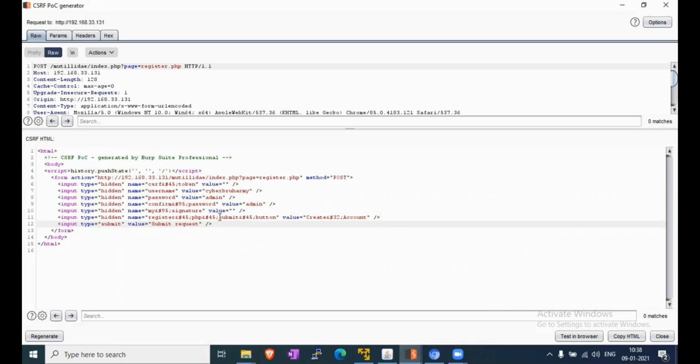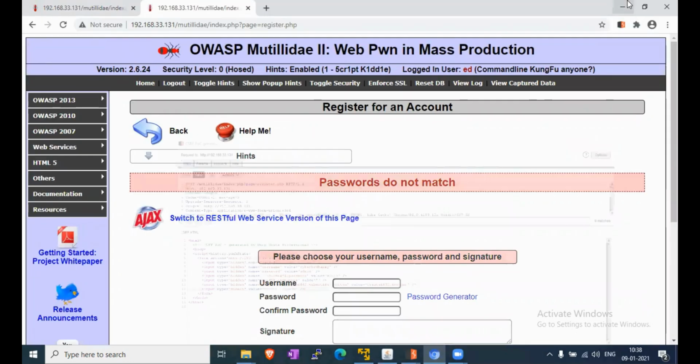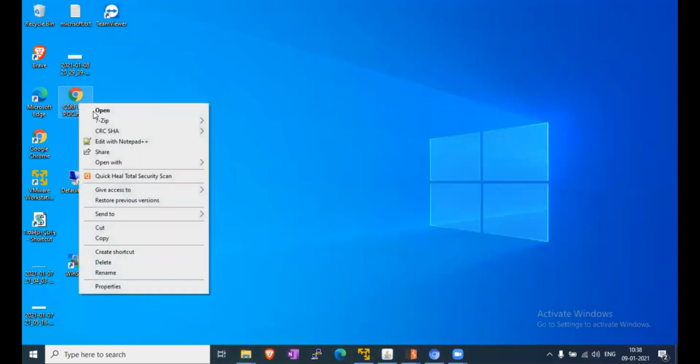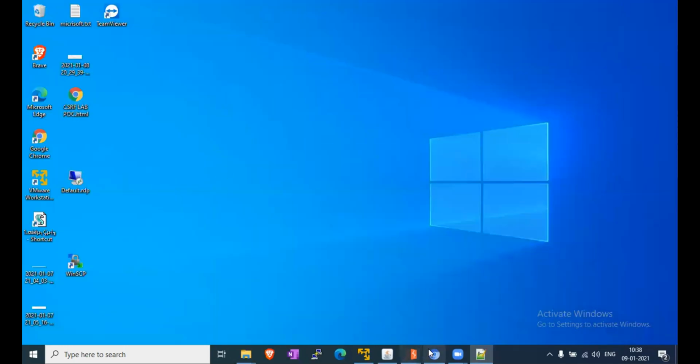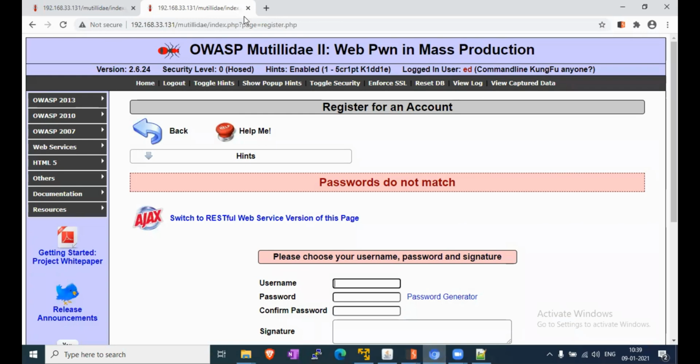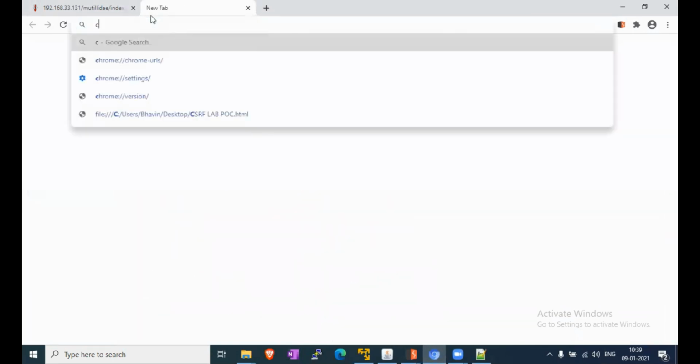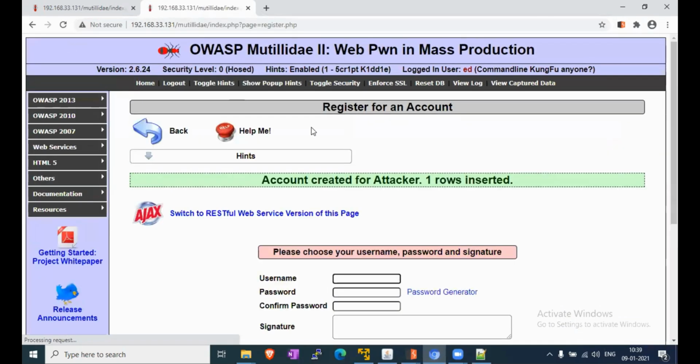Okay, because we have to first check the HTML code, because I think something is missing in password matching. So okay, we are missing that one. That's why confirm password. Okay, now the passwords are the same. We are saving that and we will resubmit it again. Due to password mismatching, it was showing that type of error. Now submit that active request.